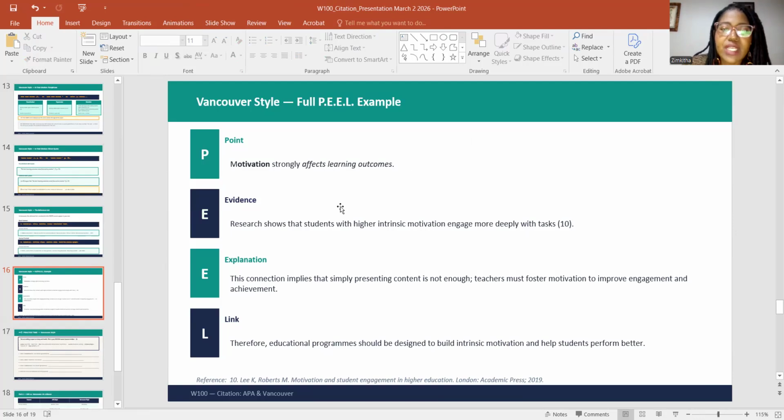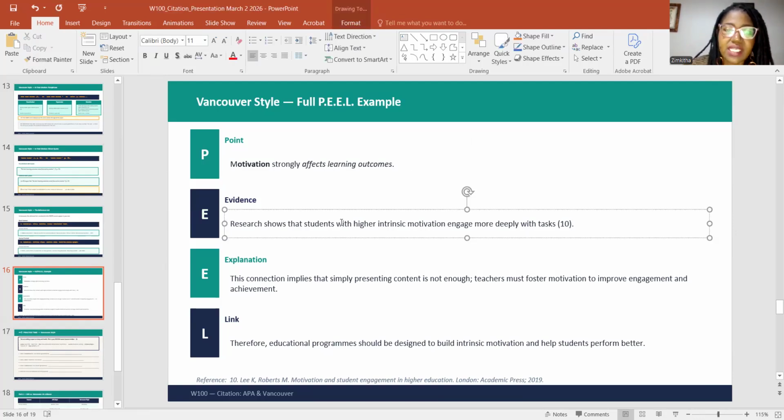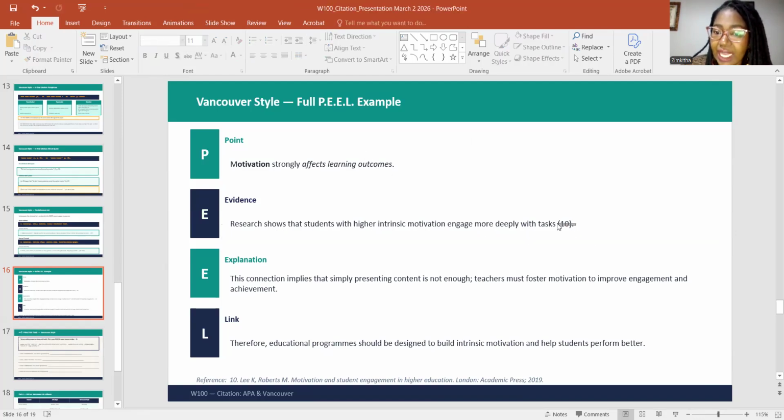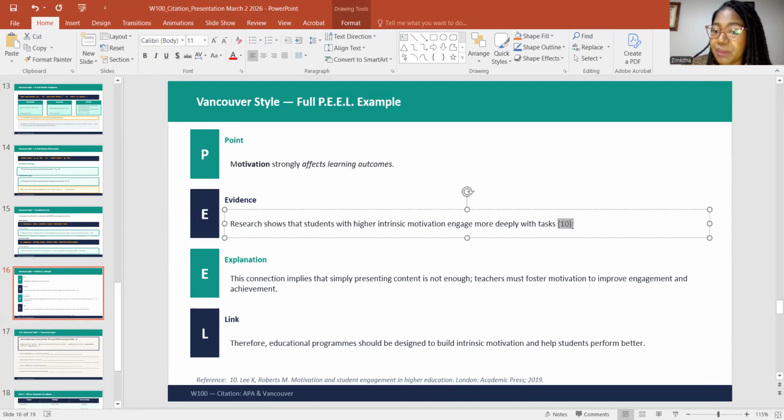Then let's look at the evidence. Let's see if the evidence connects to the point. Research shows that students with higher intrinsic motivation engage more deeply with tasks. Does that align with the topic sentence? Yes, it does. How did we cite it? Look at that, just with the number 10.